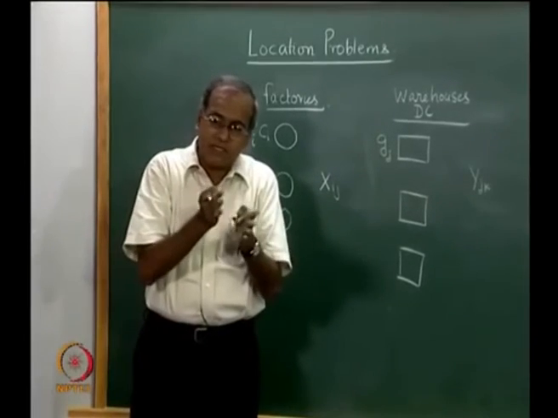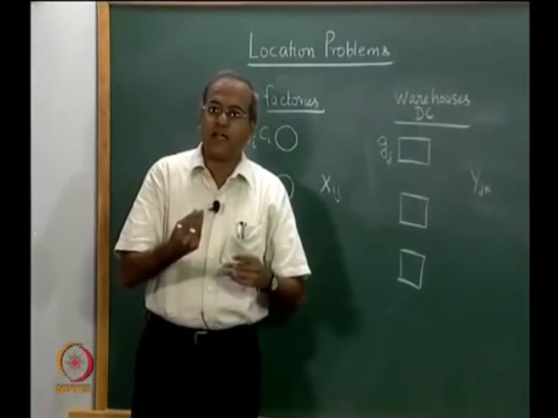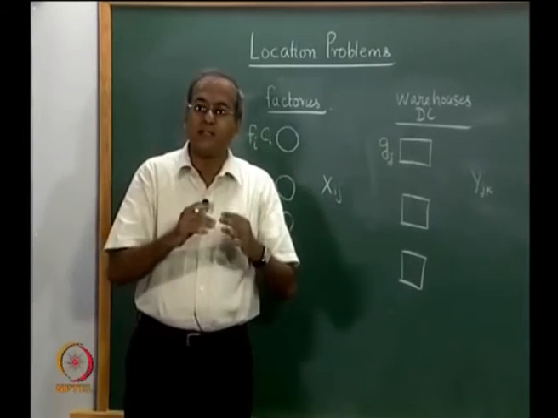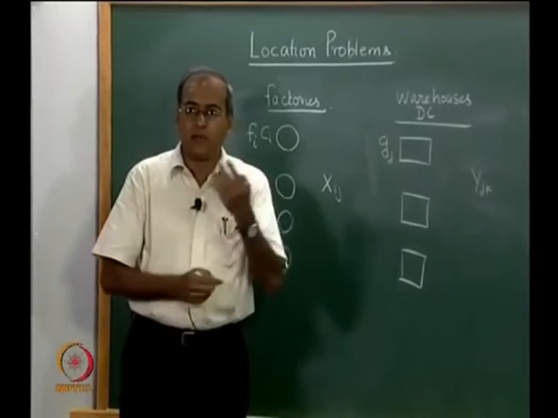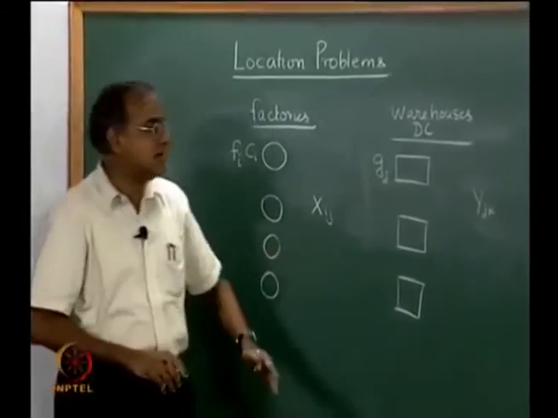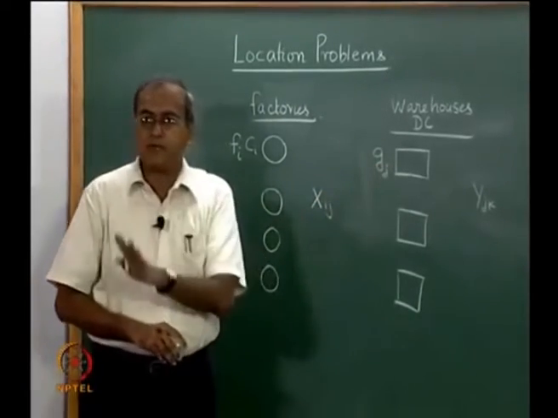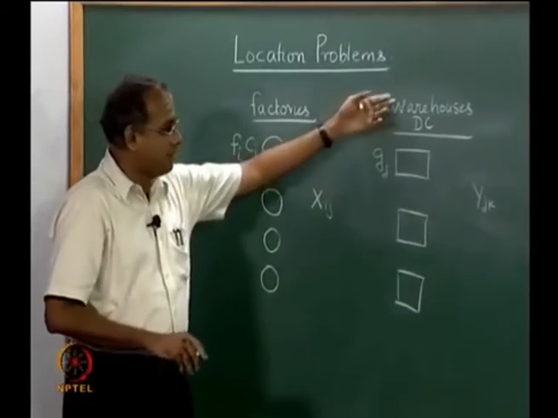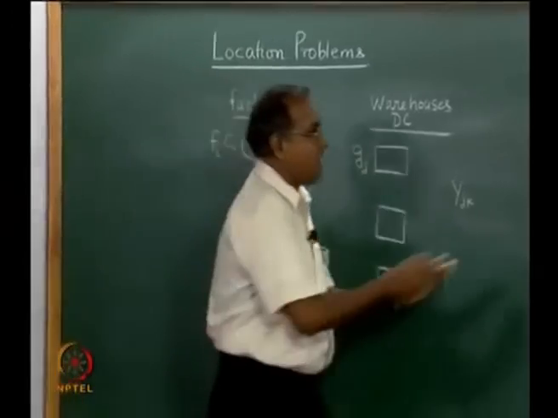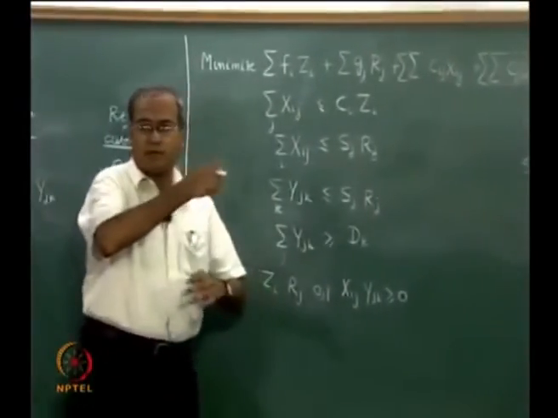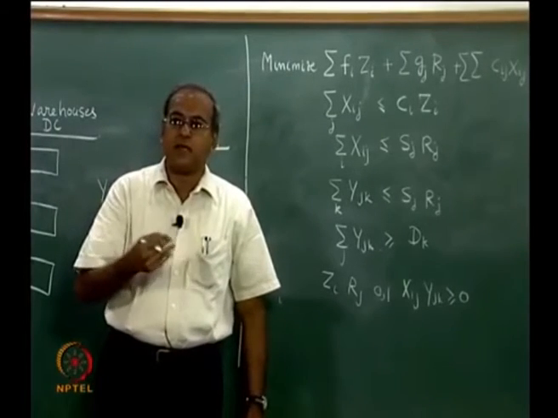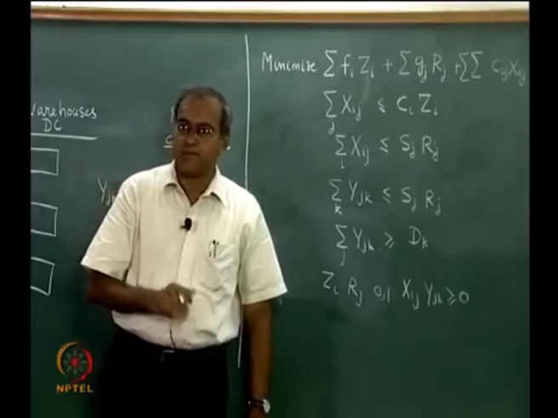Sometimes the item capacities come into the picture if different items are of different sizes, or if different items and products require some kind of specialized equipment or infrastructure to be preserved and kept, in which case the capacity will now become item specific in addition to the capacity in the place. So, there will be one more dimension that would come in. As we add the number of dimensions, the problem becomes far bigger and more complicated in terms of number of variables and in terms of number of constraints.